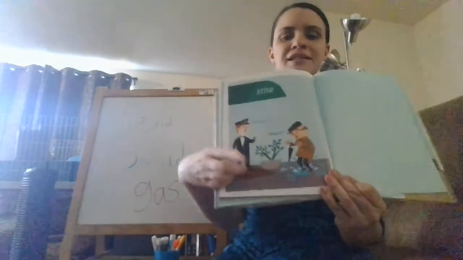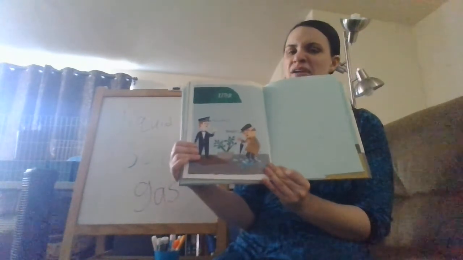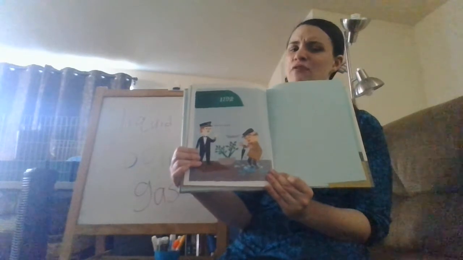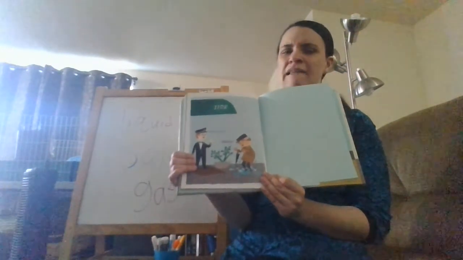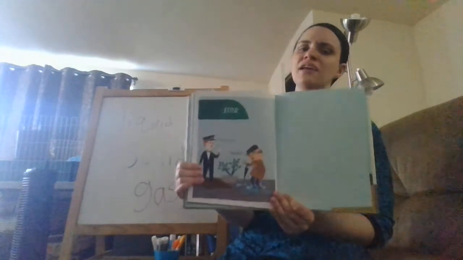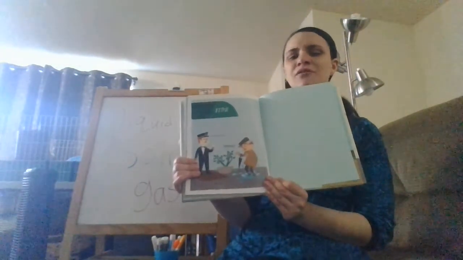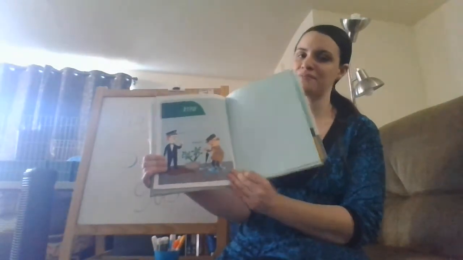Welcome back, sir. Ribbit, ribbit. Now look, the old man is playing in the puddles too. So what I think this book is about is why it's important to be nice to people, okay? Because the old man was having a really bad day, right? He was so upset because it was raining and he couldn't do what he wanted. But the little boy was nice to him. He shared his cookie and gave him back his hat. And that made him feel all better. So that's why it's so important to be nice to people, okay? We can make their whole day and make them feel better. The end.